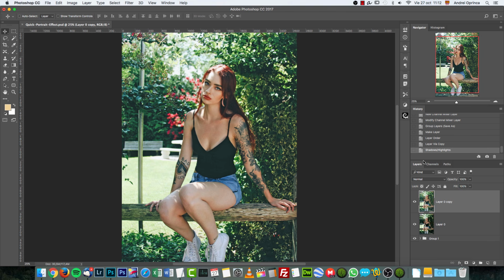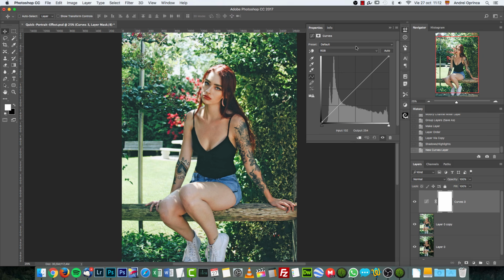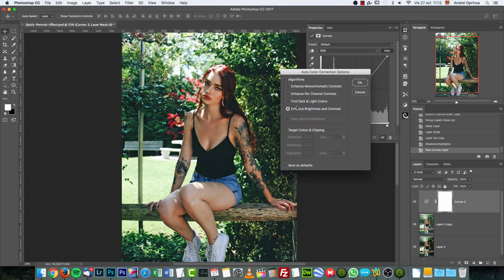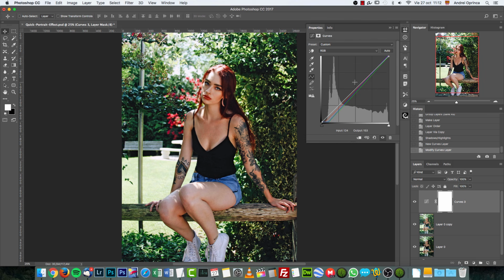The next thing I want to do is correct the color tint. In case you have any color tint to your image, you can correct it automatically in Photoshop using the curves adjustment, and I made a quick tutorial on my YouTube channel showing how to do this. You have to press the Alt key and click this auto button, and what this does, it's gonna open the auto correction options, and here you have to choose find dark and light colors. This will remove any color tint, and also choose snap neutral midtones and click OK. You will see that it increases the contrast also, but it removes that green cast that we have on the